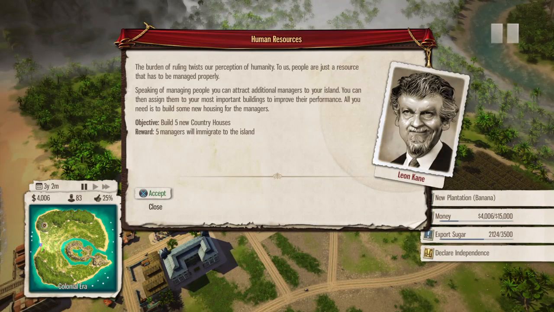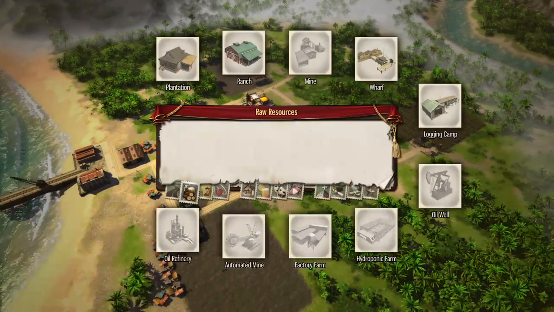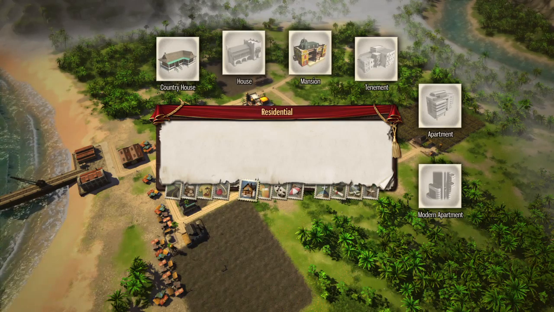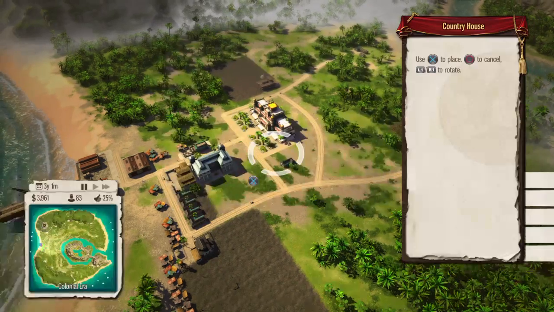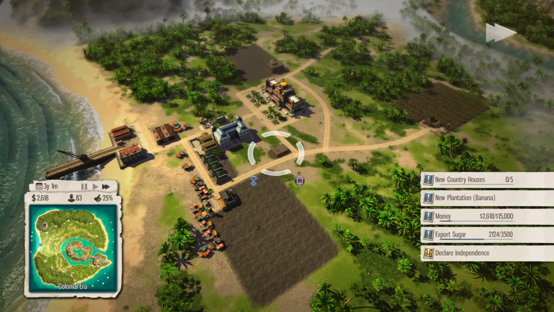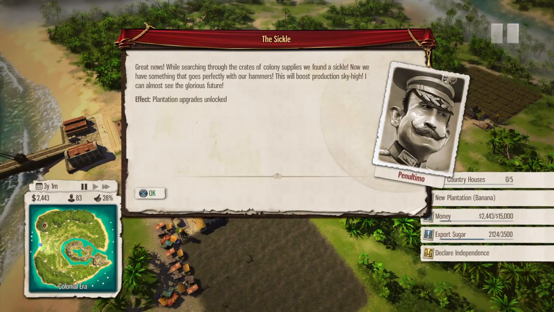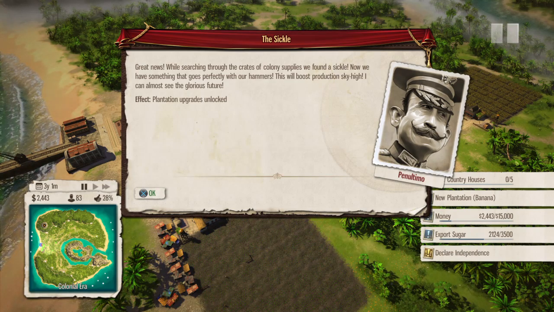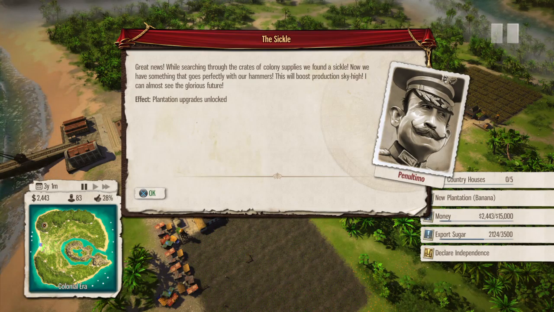The burden of ruling twists our perception of humanity. To us, people are just... Great news! While searching through the crates of colony supplies, we found a sickle! Now we have something that goes perfectly with our hammers. This will boost production sky high. I can...